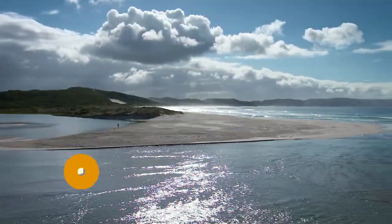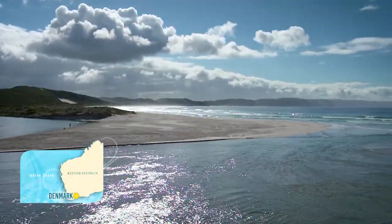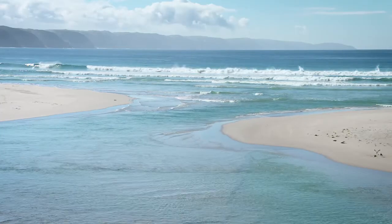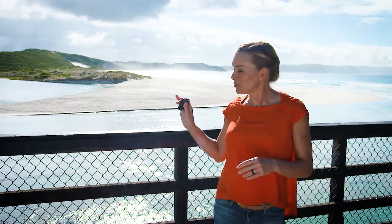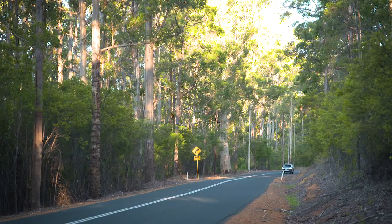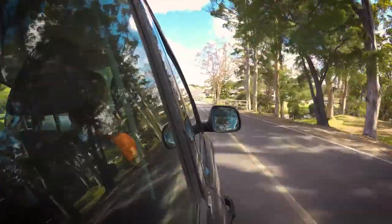We have some of the most magnificent coastline in Australia on WA's south coast. Always worth a drive. We've based ourselves in Denmark for this trip, not just because of that view, but it is pretty good, but because this place is home to one of the state's best food and wine trails. Hungry, anyone? Pack the esky and plan to spend at least half a day exploring some of the most exquisite